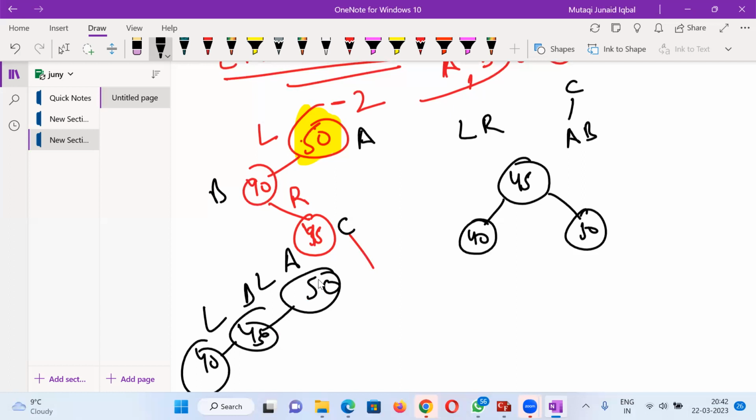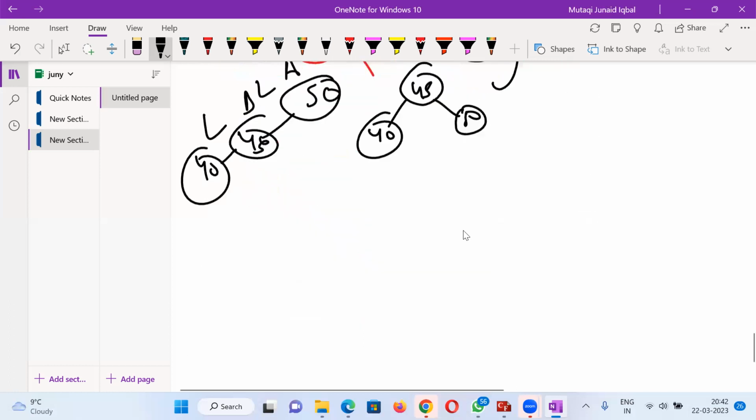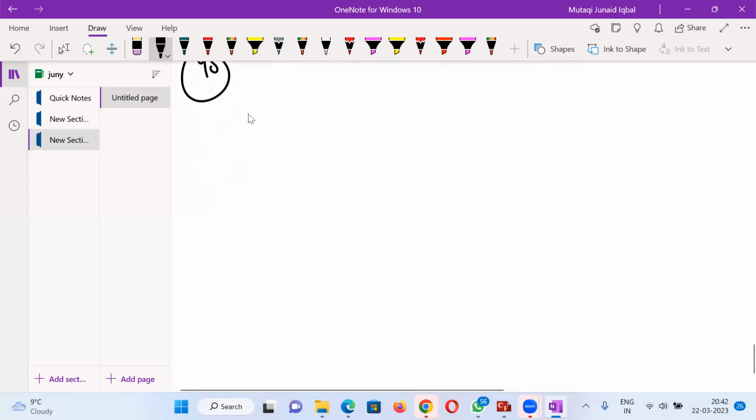एल एल में हम क्या करते हैं, ए और बी, अब बी बनाओ चाइल्ड ऑफ ए। एल एल रोटेशन में बी जो है वो चाइल्ड ऑफ ए बनेगा, अब ए बनाओ चाइल्ड ऑफ बी, यानी कि 45 ऊपर जाएगा, और 50 नीचे आएगा और 40 इधर आएगा। ये समझ में आई बात? तो सेम ही आ गया ना, हाँ ये सेम ही आ गया।